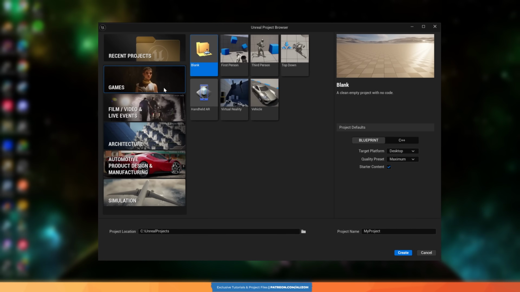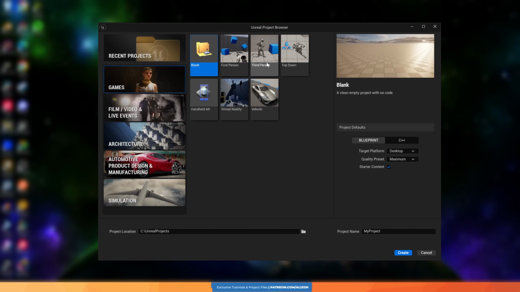Along the way, you will learn key concepts about C++ and how they differ from blueprints, and you will learn how both systems work together and when and why to use each. So let's get started. Alright, so let's start by creating a new project, and I'm going to start with the